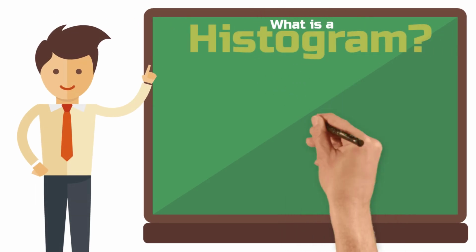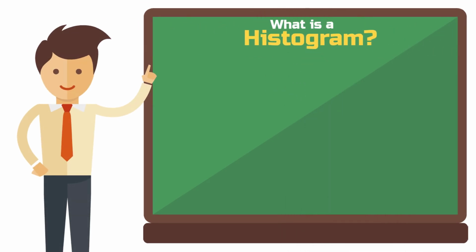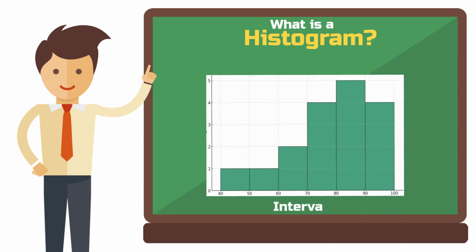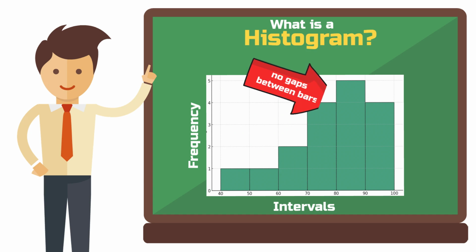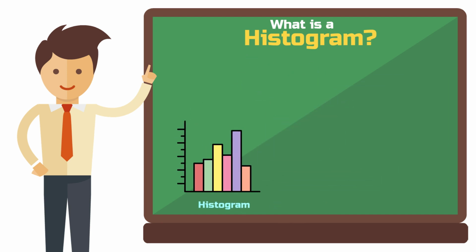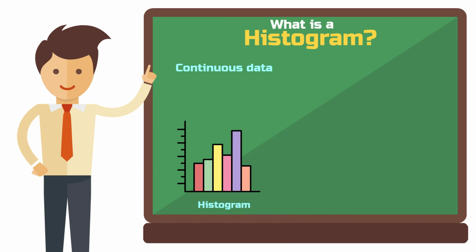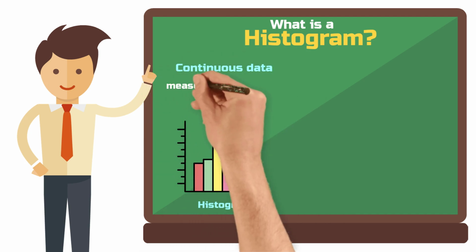What is a histogram? A histogram is a type of chart that represents a frequency distribution. As you can see in the graphic, the x-axis represents intervals, while the y-axis shows their corresponding frequencies. A key characteristic of a histogram is that the bars are directly adjacent to one another, with no gaps in between. This emphasizes the continuous nature of the data, as each bar represents a range of values rather than discrete